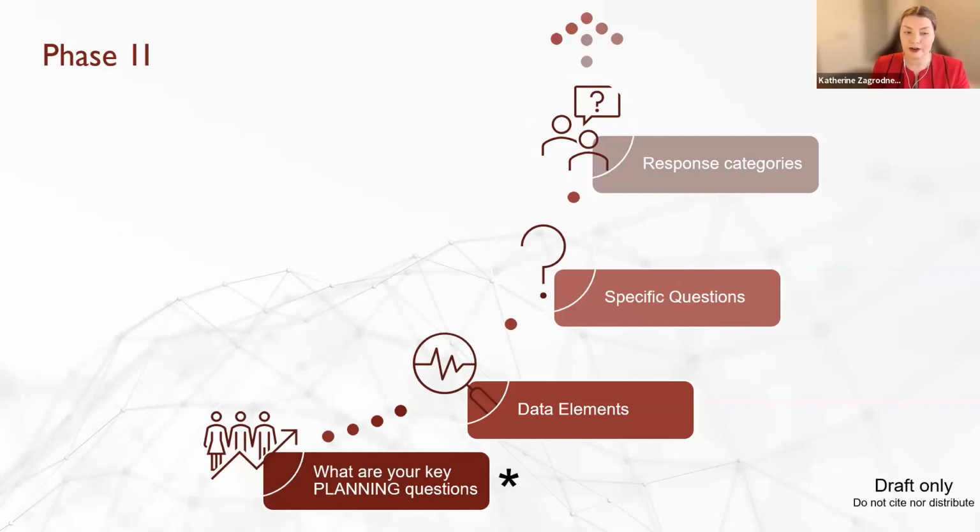A barrier identified to answer that was a lack of consistent and common definitions used when collecting that data and data availability. That feedback allowed us to understand the importance of ensuring that these types of data elements were included in our standard. That was one example, but the main feedback that we received from this phase was in highlighting the importance of adding mental health and scope of practice data elements to the standard. We did not have those specific areas addressed as well as we should have before.